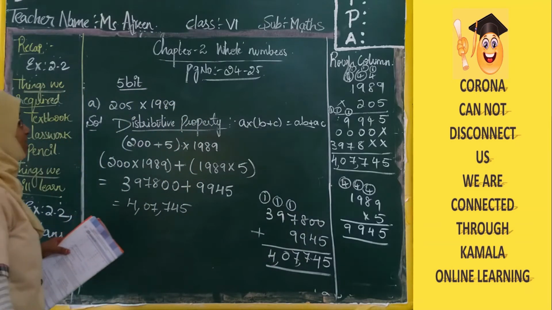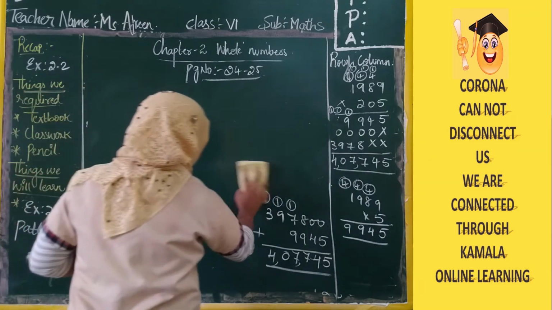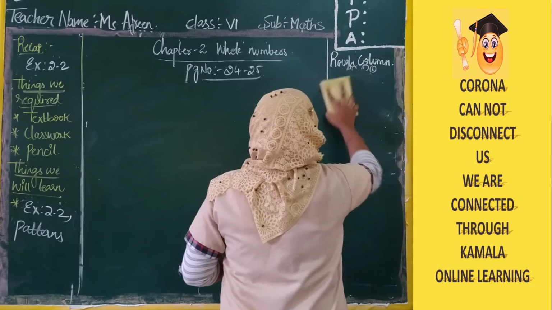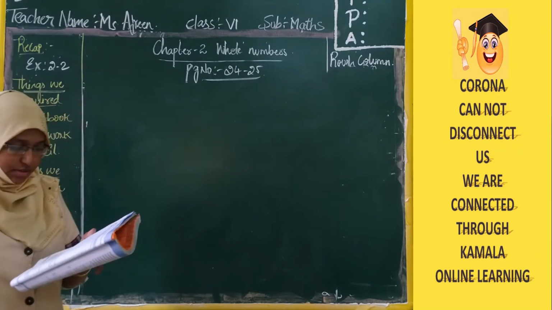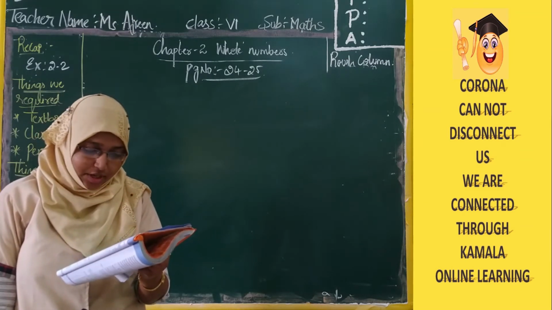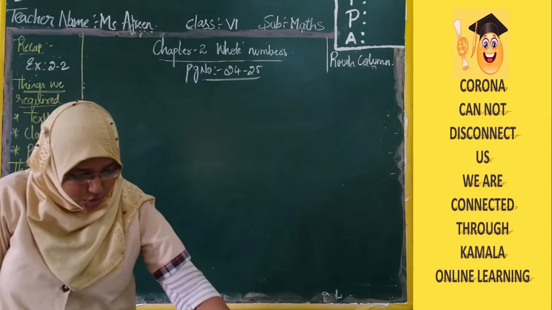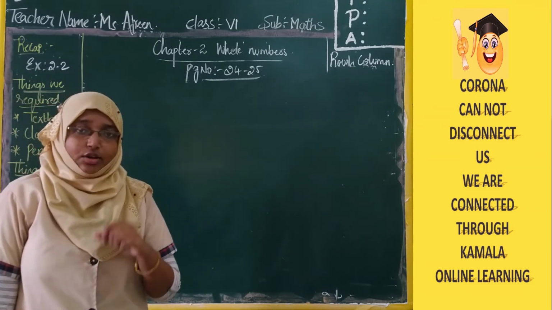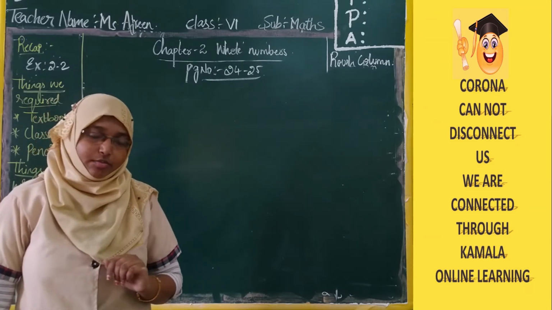I hope you have written, students. Let us move with the 6th question. The 6th and 7th are the two word problems we have here which we will solve. One I will do and one you will do as your homework. See what's the question? A milk vendor supplies 56 liters of milk in the morning and 44 liters of milk in the evening to a hostel. If the milk costs rupees 30 per liter, how much money does he get per day? So here they are telling a milk vendor is supplying milk morning as well as evening, and the cost of 1 liter of milk is 30 rupees. How much amount will he get per day?